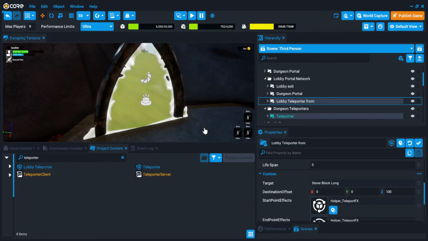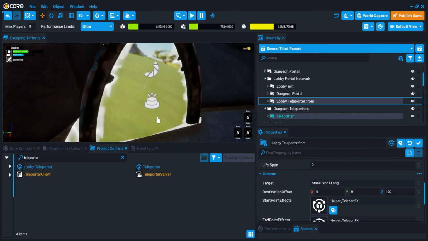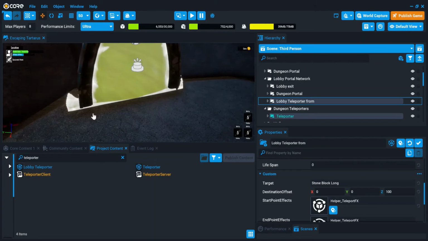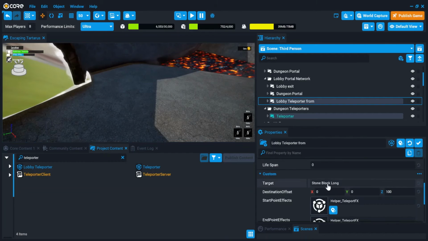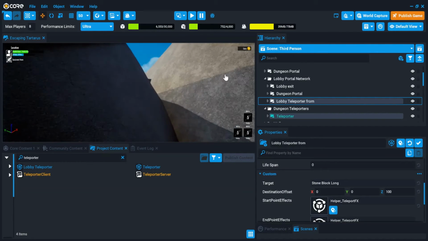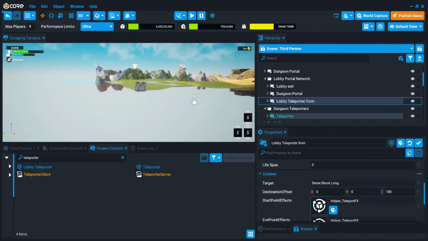So the first one I want to talk about is the target. Now, when you walk up to your teleporter and you click teleport, it needs to know where to go. And that's where this comes in handy. In this particular case, I'm using this little stone over here